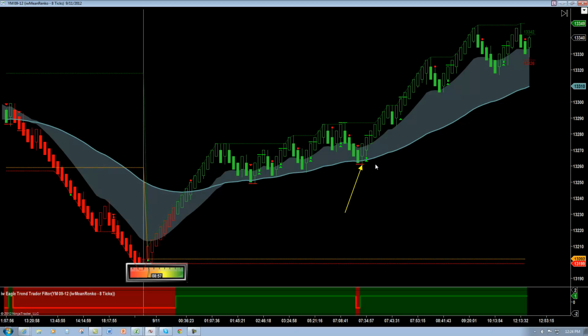So let's go ahead and start on this one right here. I'm going to start my first leg down here, and I'm going to go 1. I'm going to do my pullback. I'm going to go 2, and then I get another pullback. It's a little bit deeper on this pullback here, and then I'm going to take leg number 3 right here.